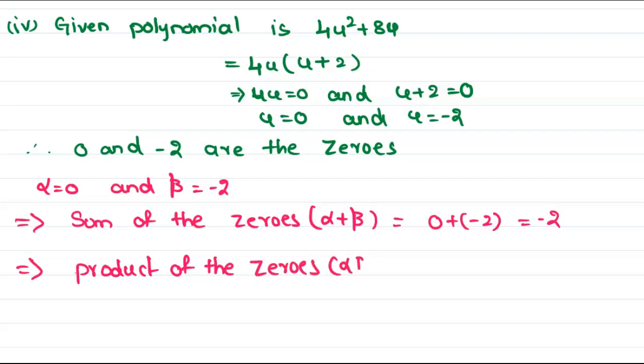So that is equal to, in the form of alpha beta is equal to alpha value 0 and beta value minus 2. So this will become a 0 here. So this is the relation between the zeros of the given polynomial. Now let's come to the